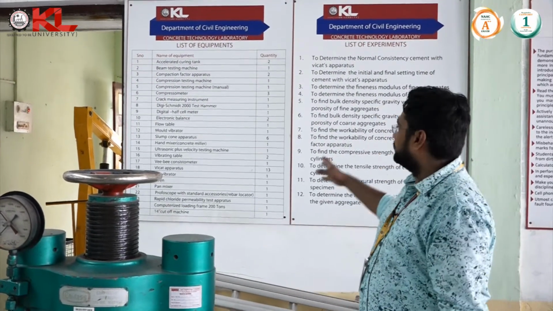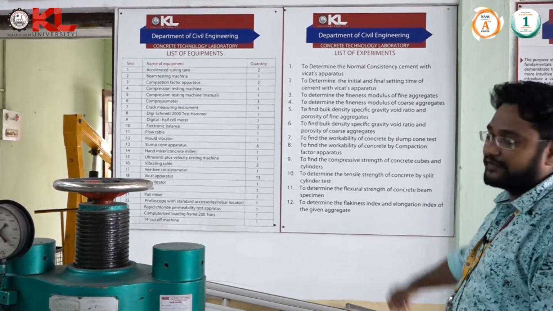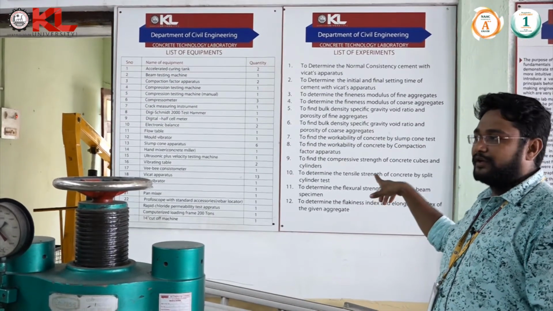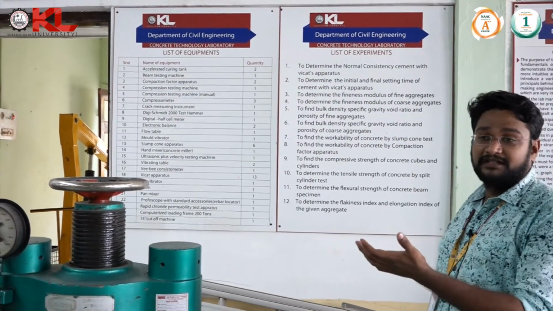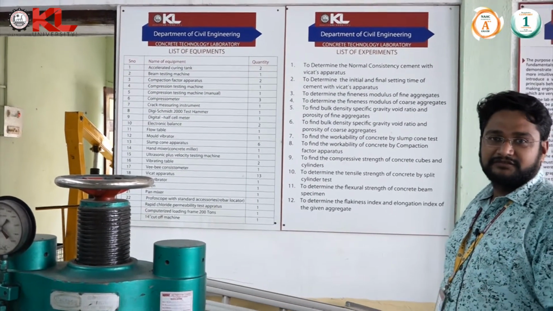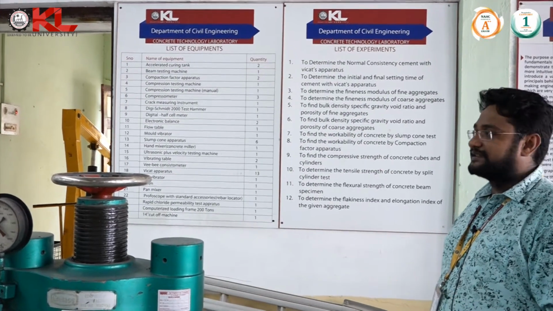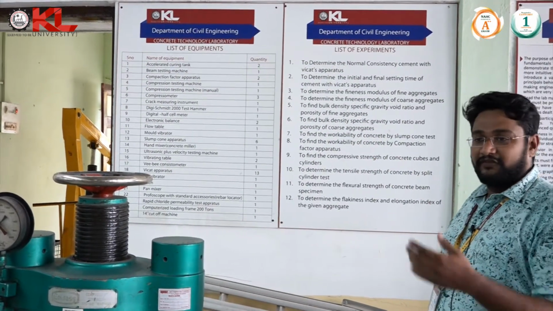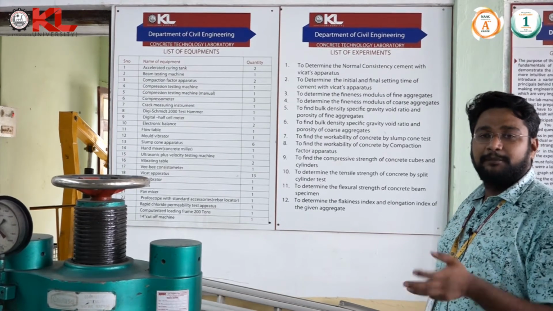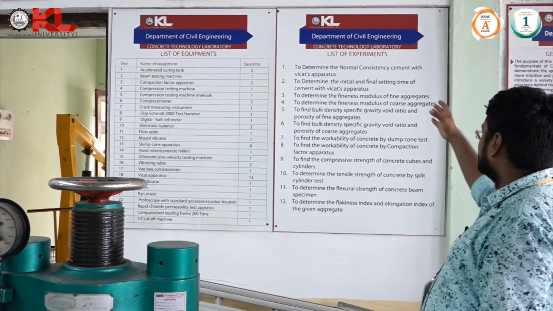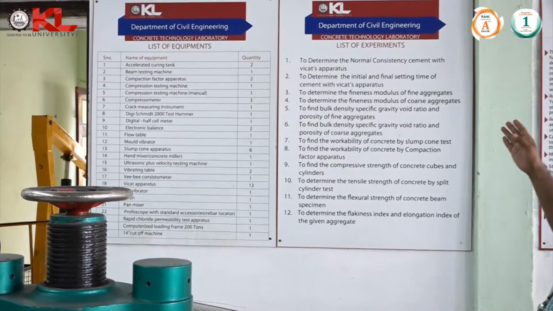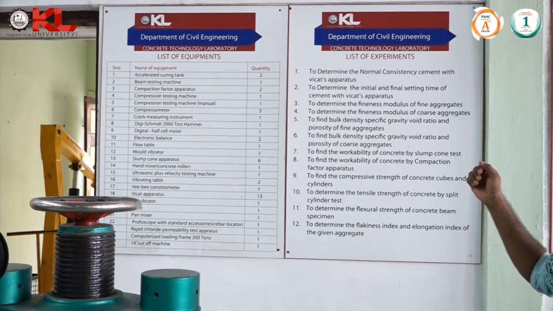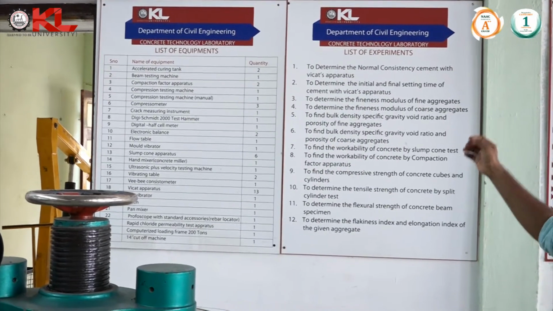So we have a list of equipment and a list of experiments. In this lab, we are going to know the properties of concrete materials like cement, coarse aggregates, fine aggregates and water. We have different equipment to know the properties of building materials. The first experiment comes under cement properties, that is the normal consistency of the cement. Next will be the fineness of the material, and next the initial and final setting time of